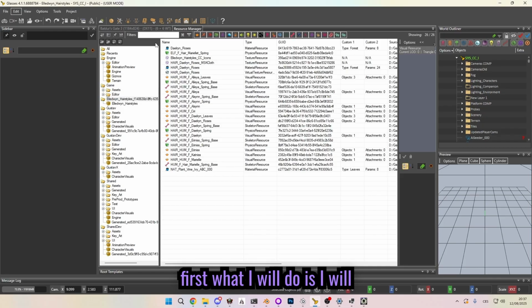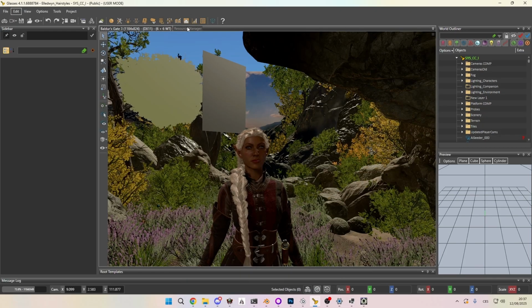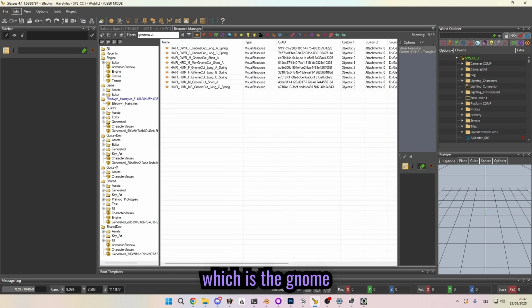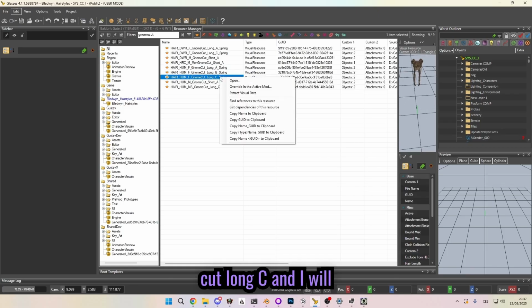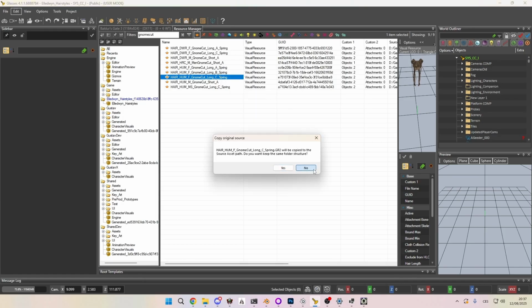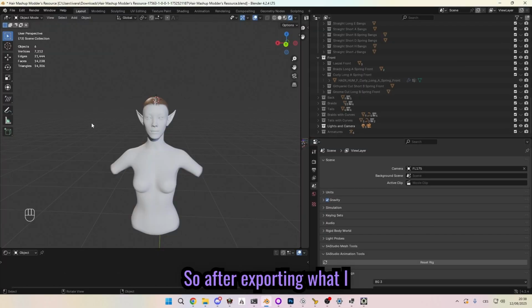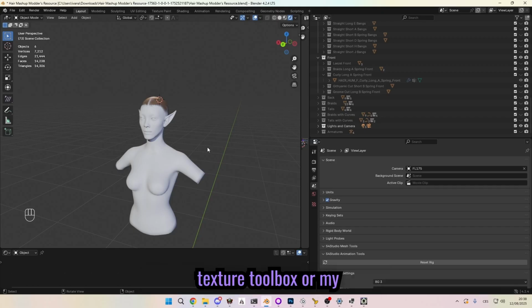First, what I will do is find the hair, which is the gnome cut long C. I will right click, extract visual data, and now it's in my data folder. After exporting, what I suggest is you can use either Volno's texture toolbox